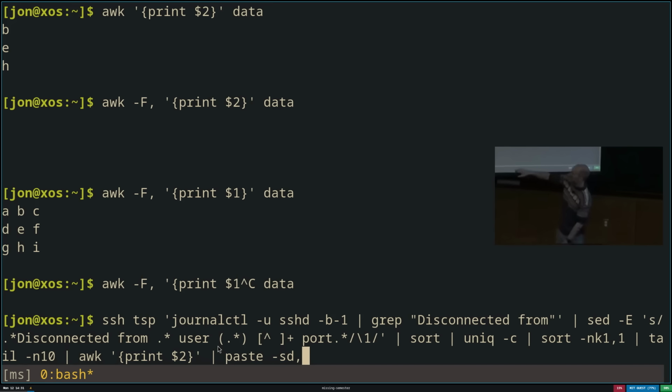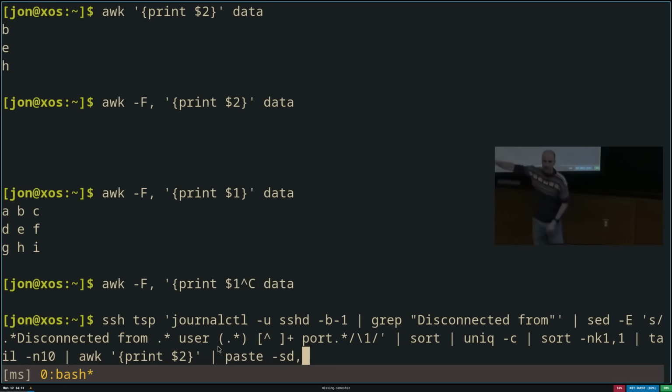The way to read this regular expression is any number of characters followed by the string "disconnected from", followed by a space, followed by any number of characters and a space, then "user", then a space, then any number of characters, then a space, then anything that's not a space, then "port", and so on. This one took me a while to come up with, but as you get better at regular expressions, you learn how to write these patterns.